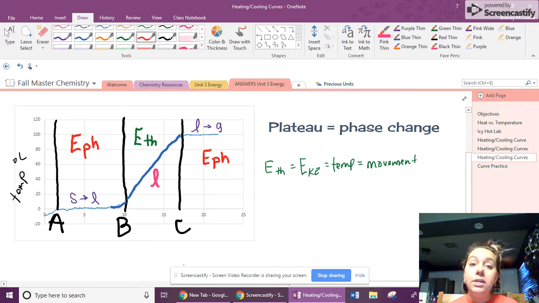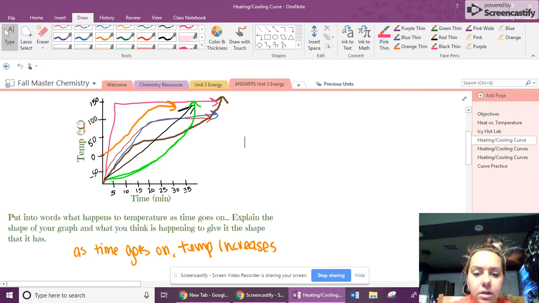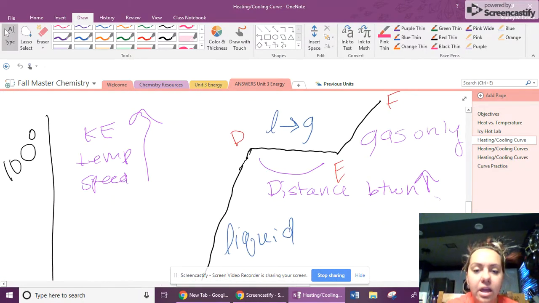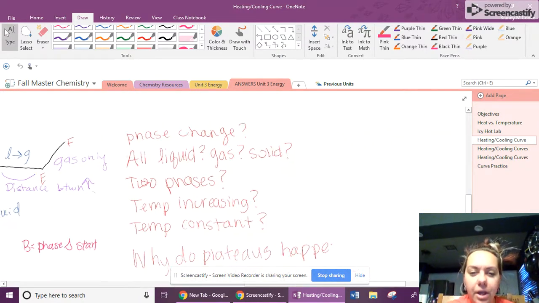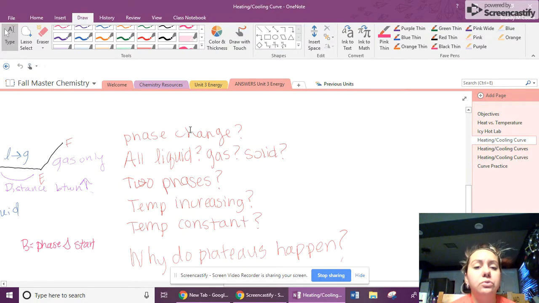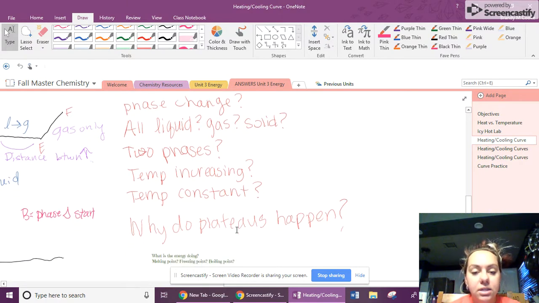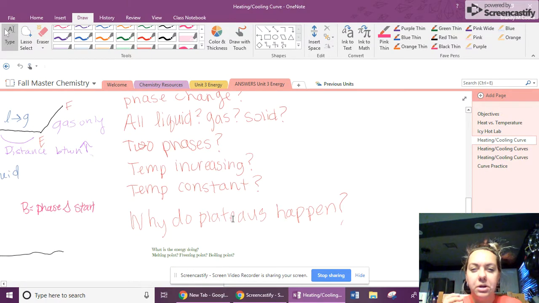And that's that. So what I need you to be able to ask yourself and answer are questions like this. Where do I see a phase change? Where is all liquid? Where is all solid? Where's all gas? At what intervals are there two phases of matter present, solid and liquid or liquid and gas? At what point is the temperature increasing? At what point is the temperature constant? Why do the plateaus happen? Remember, in order to answer that, you need to know what the energy is busy doing instead of increasing the